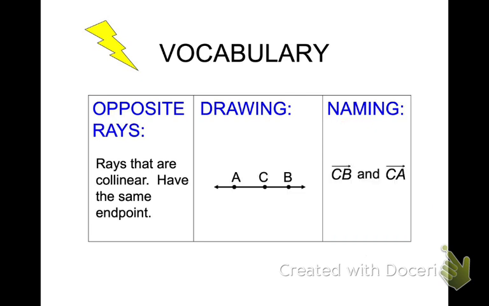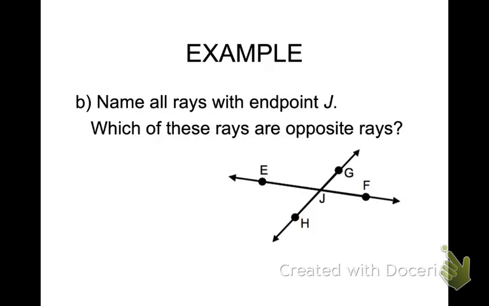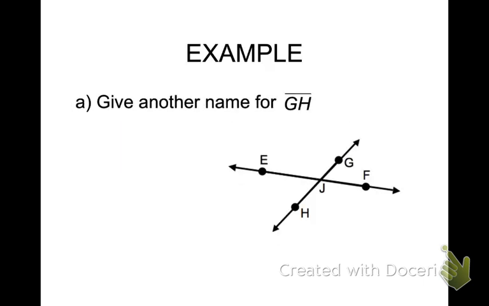I'll make sure we're good to go with all of this stuff. All right, so let's give another name for line segment GH. So line segment GH is right here. We could just flip it and call it line segment HG. Again, get in the habit of using the symbol to represent the word. And then for part B,